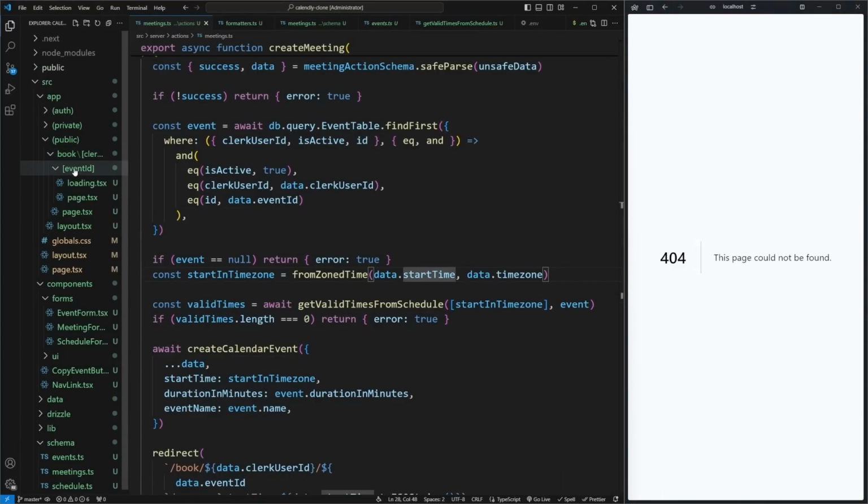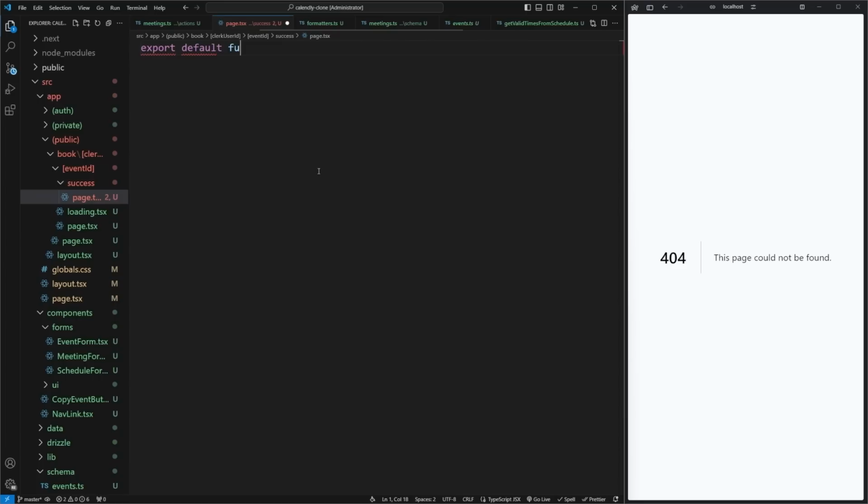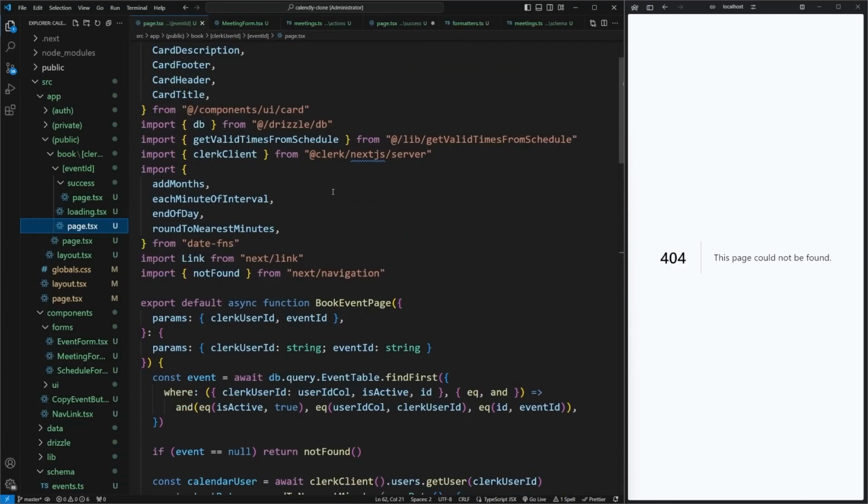So all the way up here, inside of our particular event, let's create a brand new folder called success. And inside of here, we need a page.tsx, export default function success page. And before we get to this page, I first of all want to make sure that we are making none of these pages static,